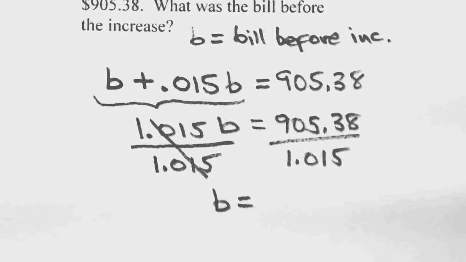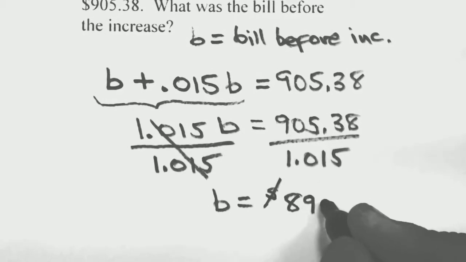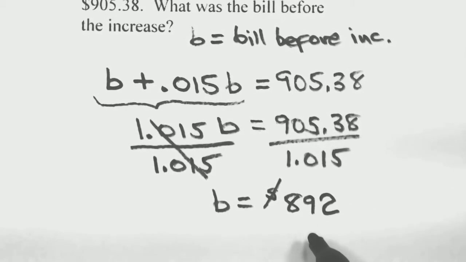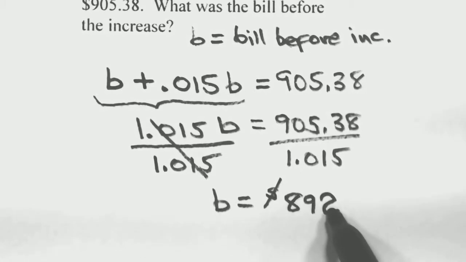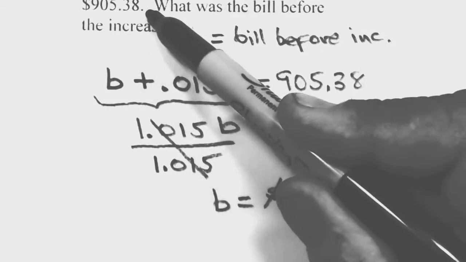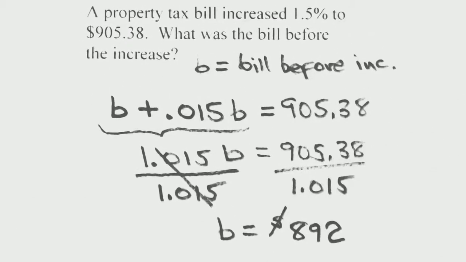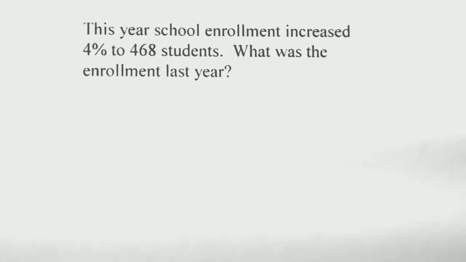905.38, and we're going to divide that by the 1.015, come up with 892. So what was the property tax bill the year before? $892. With a 1.5% increase, it went up to the 905.38 up here. Okay, well, hopefully you're seeing the pattern of how these guys work, and there are lots of different types of